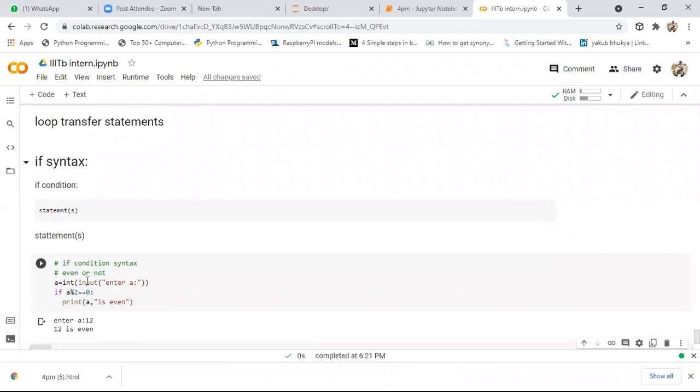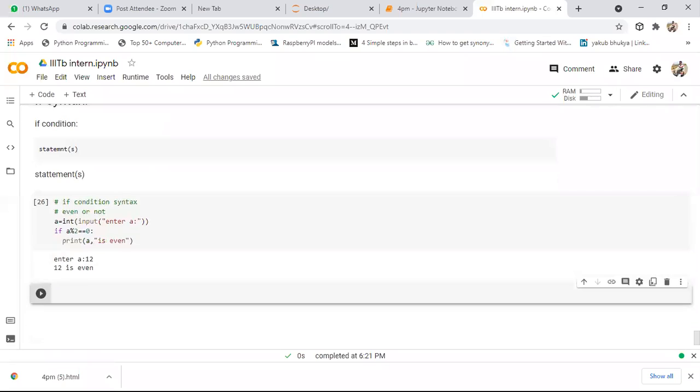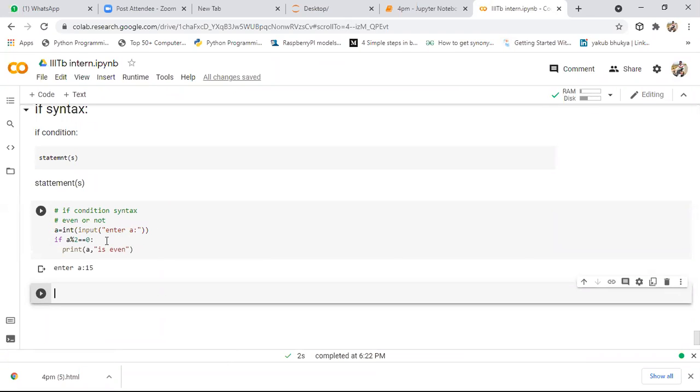Whenever you give user defined input, initially it checks this condition. If this condition is satisfied, it will print this one as output. It will enter into this block, and whatever statement is present in this block will come up in the output. That is about the conditional block. But if you execute this portion again and give any odd number, it won't give any output. It means we are not getting to know whether it is executed or not perfectly.